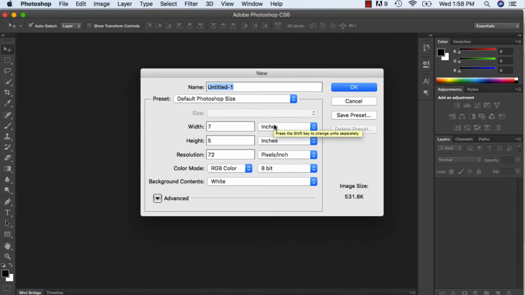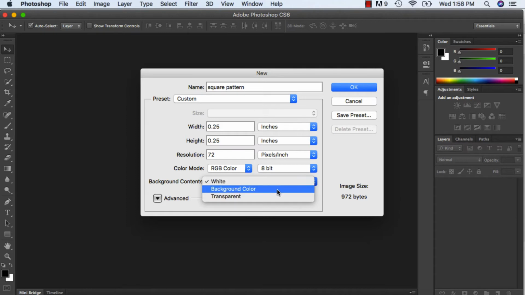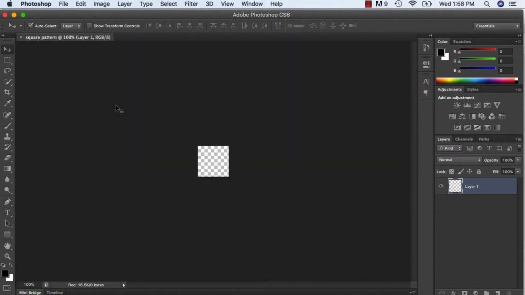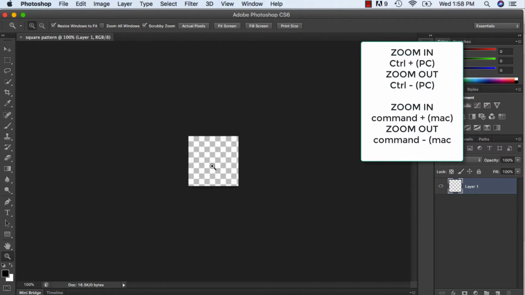So I will make this, and I'm going to call this square pattern. I'm also going to have transparency for my background and my resolution 300. So I'm going to assume that I'm making this pattern for print. Now what I want to do is I want to zoom in,